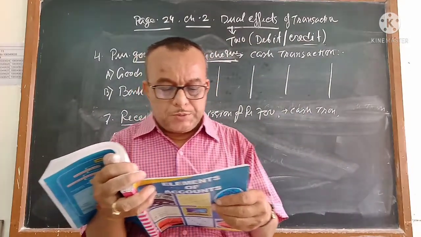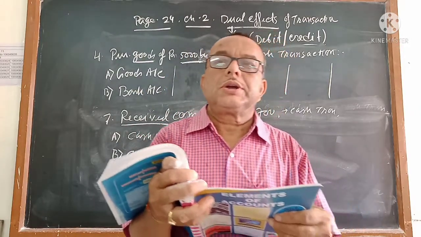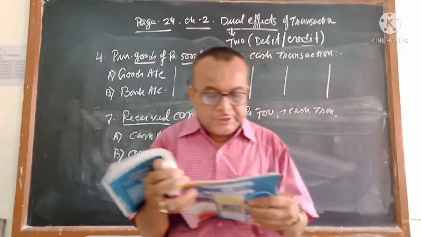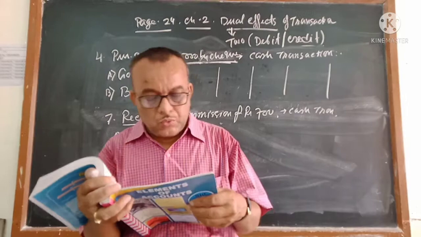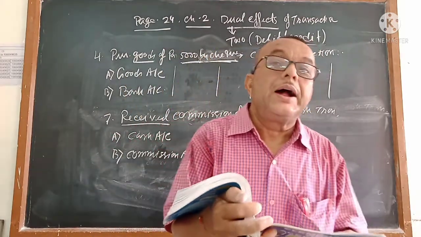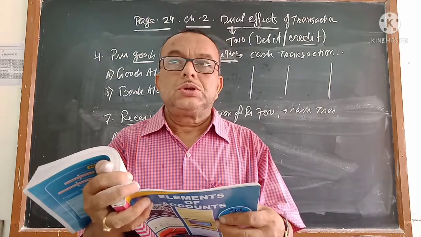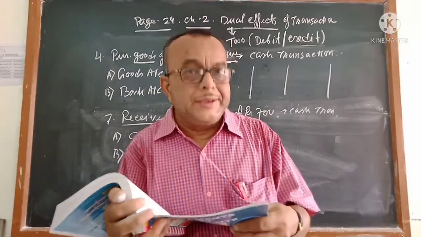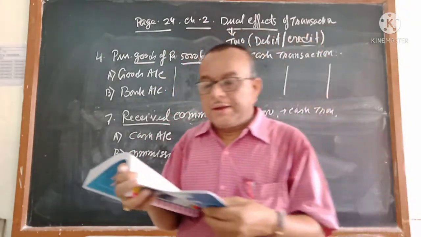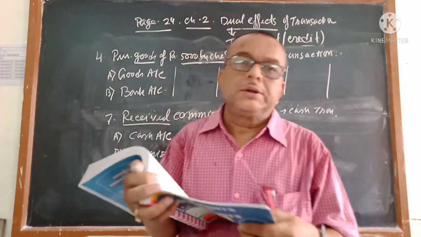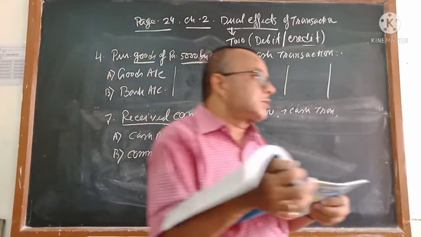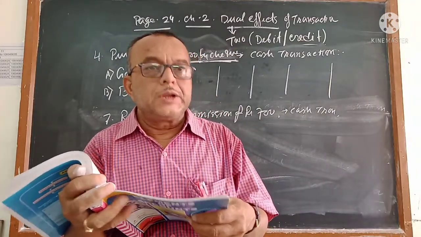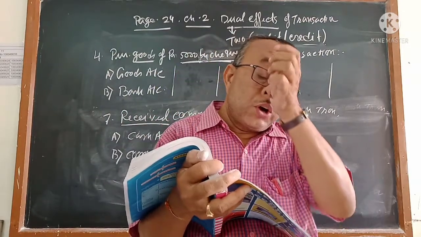8, furniture of rupees 5000 purchased from Sriji Furniture. Credit transaction, because Sriji Furniture's name is given. And if it is a credit transaction, two things are coming. One is the party's name, Sriji Furniture, and the other is not goods. Whether you write goods or assets, you come to know. If you are buying assets like furniture, land, building, machineries, loose tools and many other assets, then the particular asset's account will be written, not goods account.